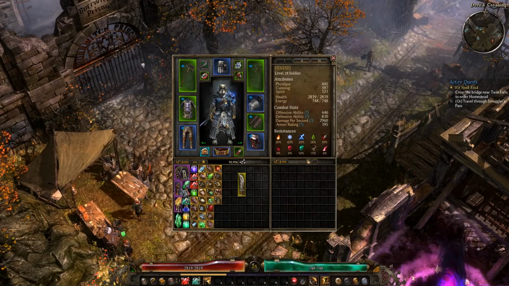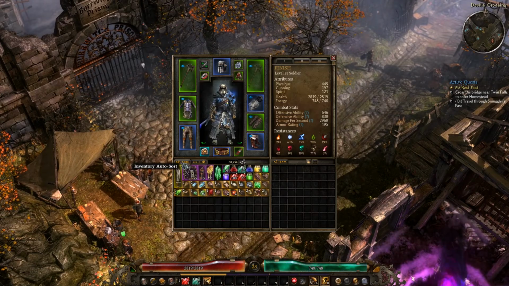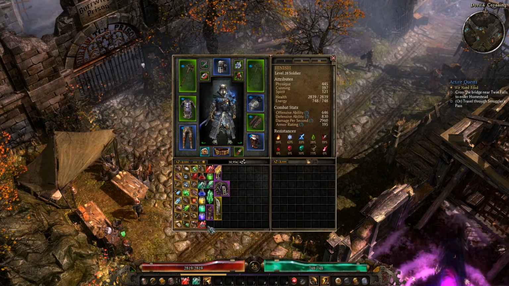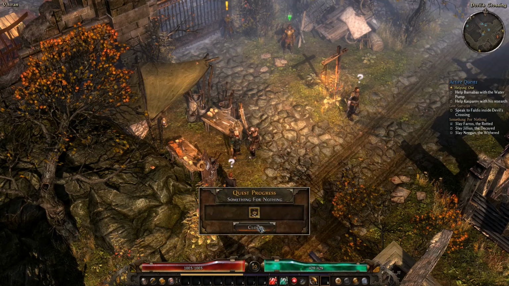So that's very useful, and you really want to use complete components, because all the components in the inventory that you picked up, they will put them all together that they can, and that is very good for sorting your components. Tip number 5 is to do all quests, because in Grim Dawn you're given the option to do